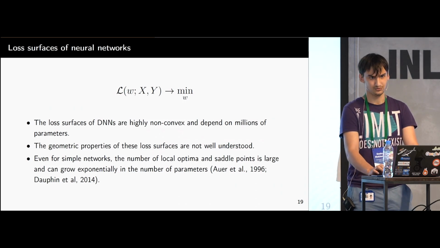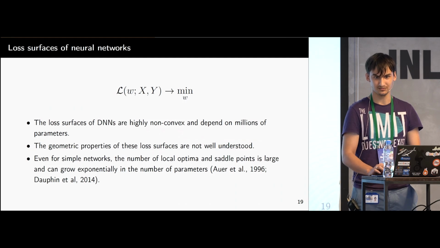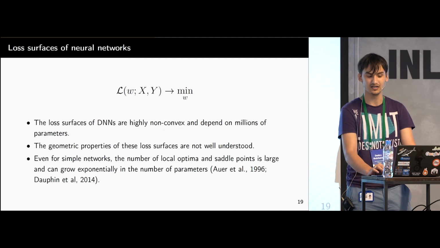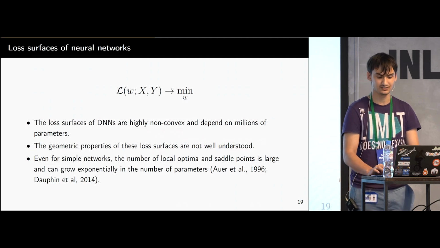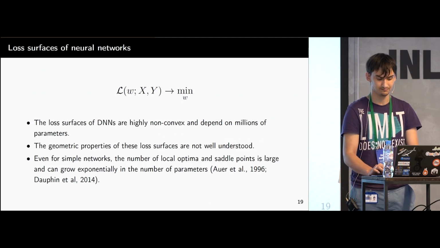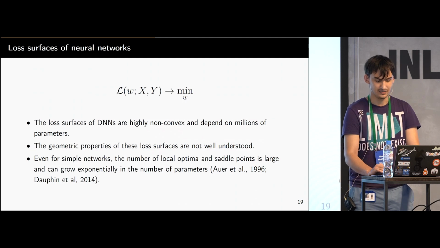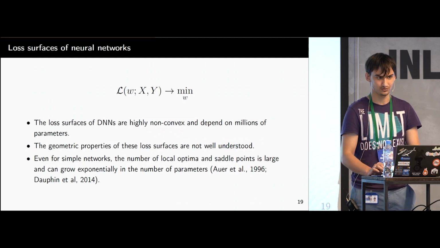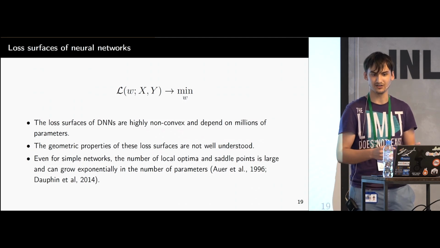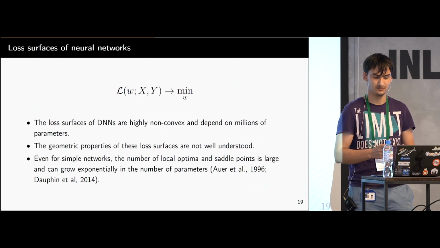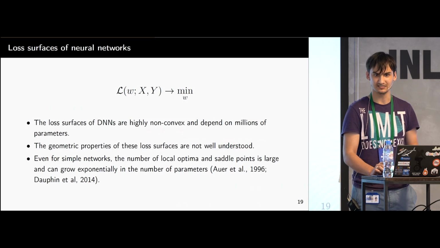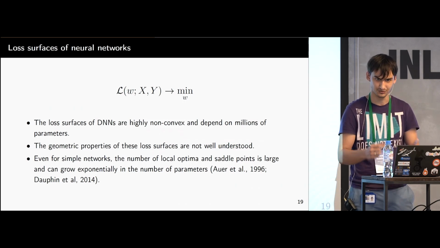And you want to imagine its loss surface. Everyone knows that the loss surface of deep neural networks is a highly non-convex function, and it has a huge amount of local optima. For example, it can grow exponentially, so you can permute the neurons and obtain the same function. That means the optimum is still basically the same, but the weights are actually different because you have permuted the rows of the matrices.